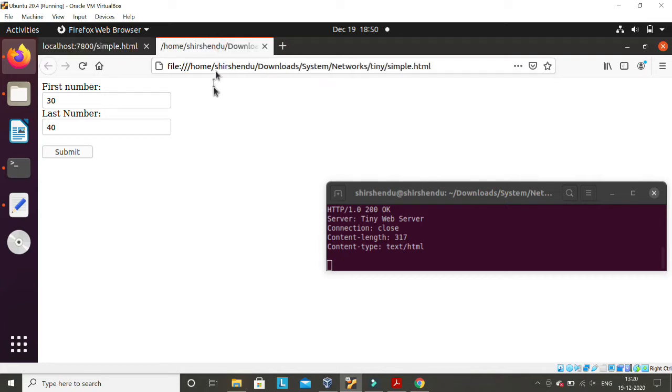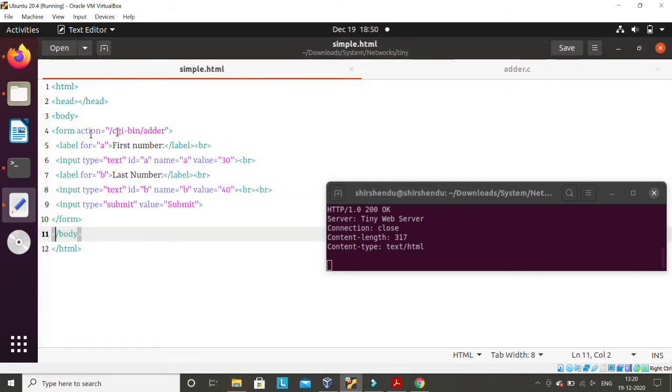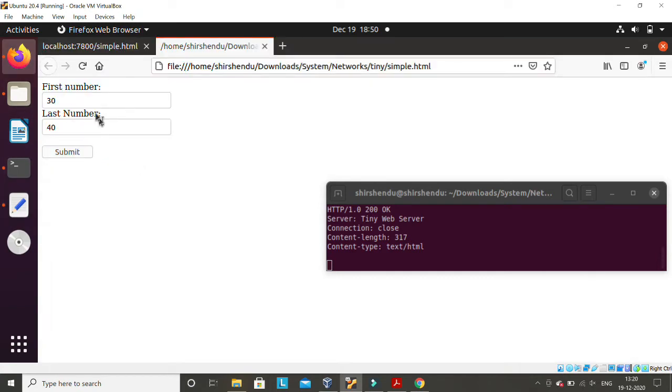How is it possible? As I have said, both my server and client are on the same laptop. So in this folder, I assume that I am opening this HTML from the server. If I write something like this in a file in HTML format, a form with all these things, and then open this file, it will open like this. This is the form. There are two things here: you can write the first number here, and the second number here. There is a submit button.